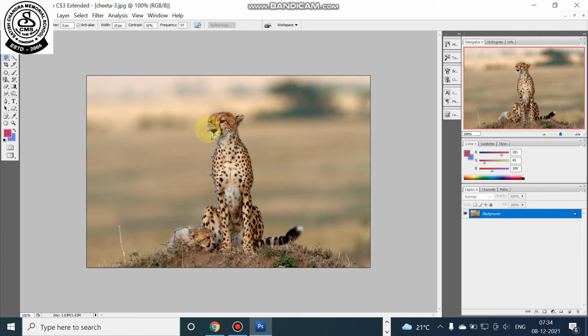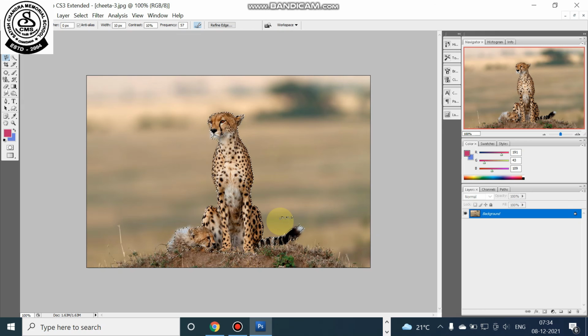This is how we are moving the mouse pointer, and you can see the edge of the cheetah is getting selected. And you can see the selected part of the body of the cheetah is selected.